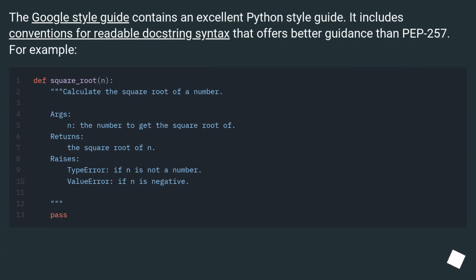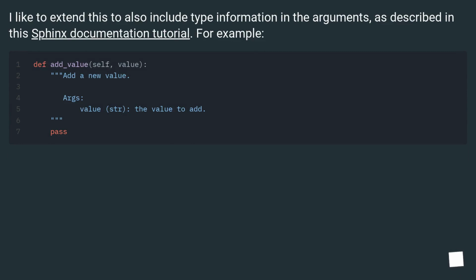The Google Style Guide contains an excellent Python style guide. It includes conventions for readable docstring syntax that offers better guidance than PEP 257. For example, I like to extend this to also include type information in the arguments, as described in this Sphinx documentation tutorial. For example,